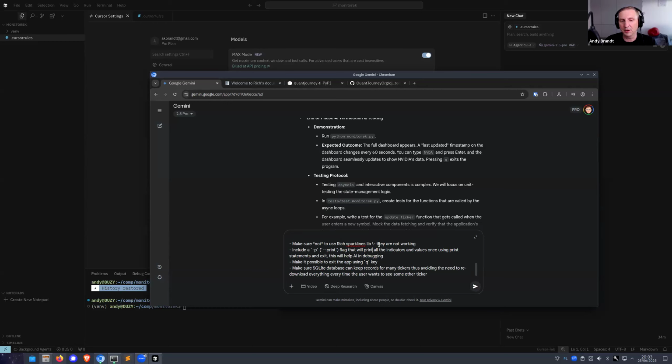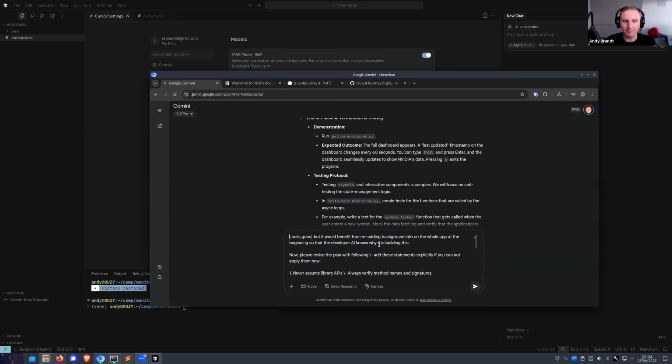I want an option that will help AI test this, because AI cannot really test a full-screen app, but it can test some debugging mode. I want a Q key to exit the app, and I want to make sure that the SQLite database can store records for many tickers, so that we don't go to yfinance all the time.